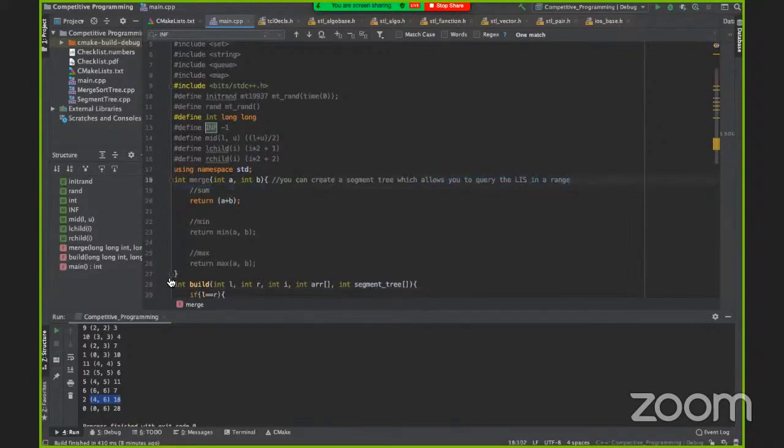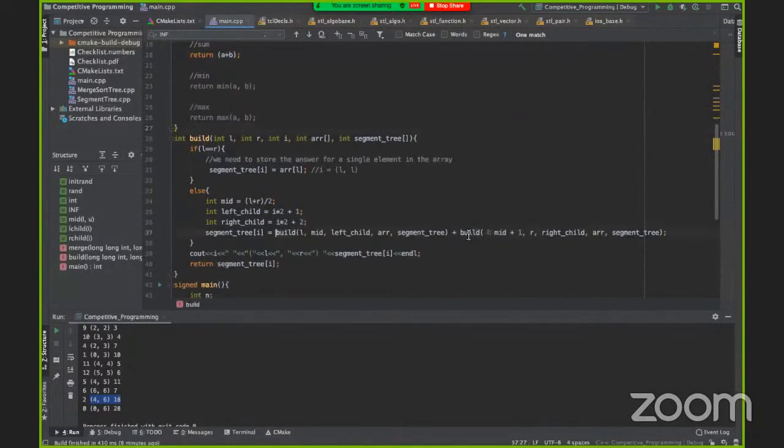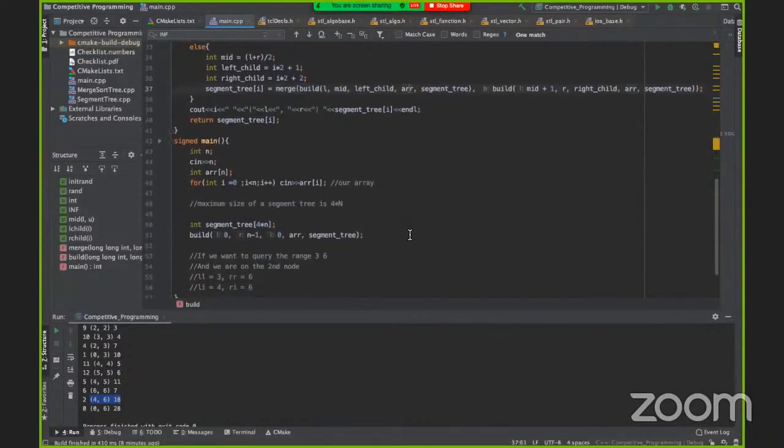And for that, you'll have really complicated merge functions. So if you're using a segment tree template, I always recommend that you create the merge function separately. I'll show you how to do that. Instead of doing plus here in the build function, we write merge and we put the comma here for the function. This is always a better way to do it so you can modify it easily later.